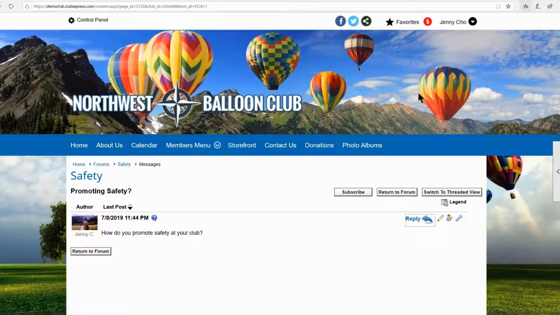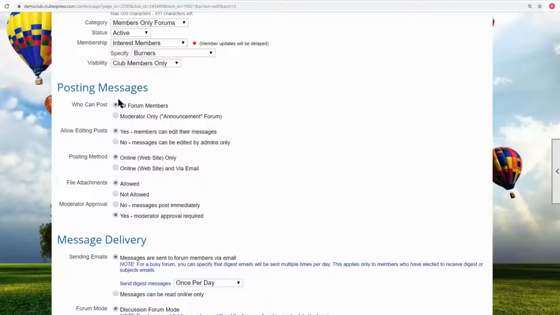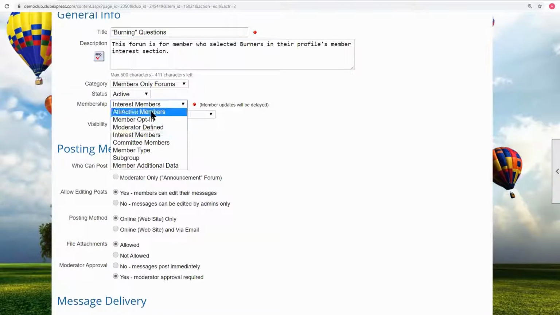Anything else, Michelle? Just a question about, do members have to subscribe to the forums they're interested in, or are they automatically subscribed to all member forums? And this person may have come in after you started and went through that section. Right. So the answer is that the membership in the forum depends on how the forum was set up. If the forum was set up so that it says all active members, then it says, well, who can post? All forum members, or here it says membership. All active members. Do members opt in, in which case there'll be a choice to join the forum?